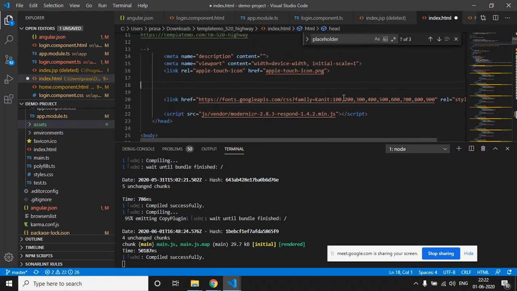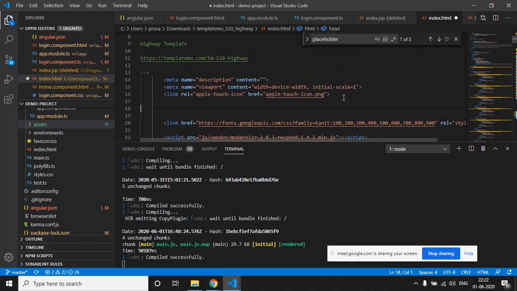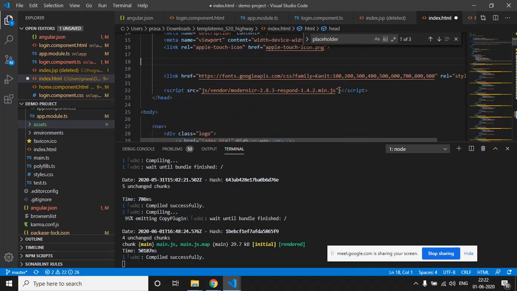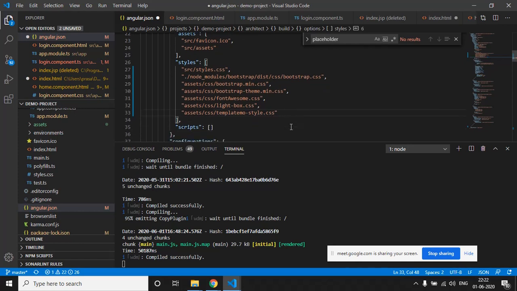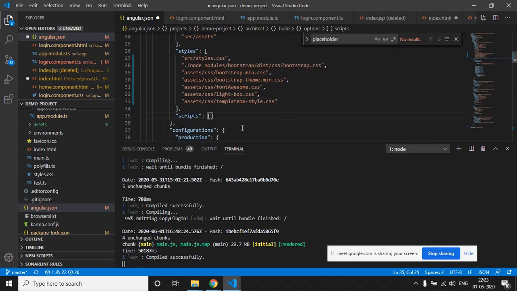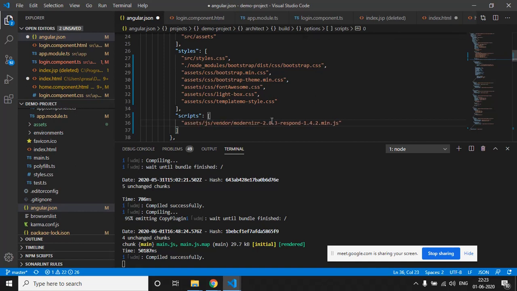Now similarly we have to do the same with the JavaScript files as well. For importing the external scripts, we have to import them into this scripts array. So similarly, assets slash javascript slash vendor.